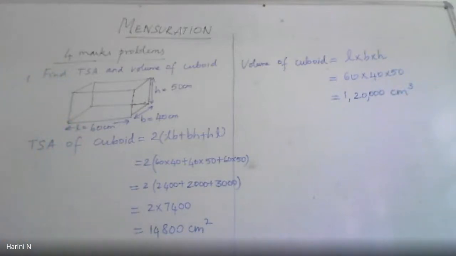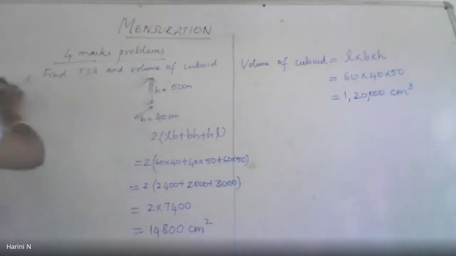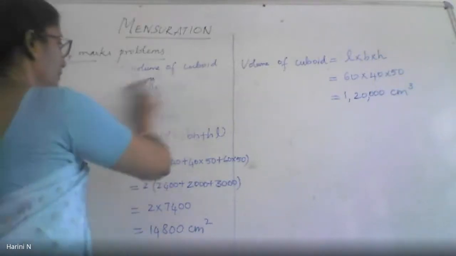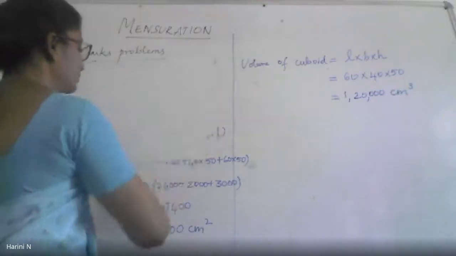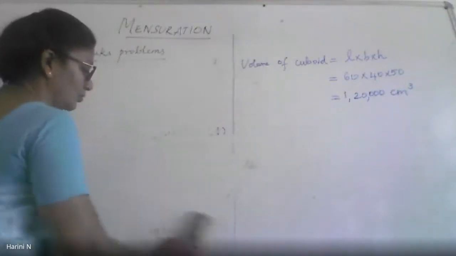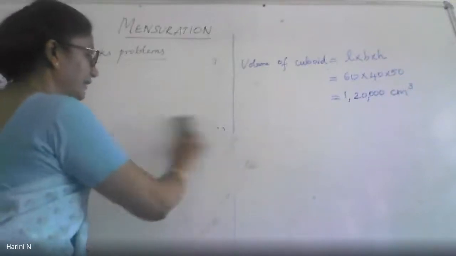Okay, the next one we will take up on a cylinder. It is given that a closed cylindrical tank of radius 7 and height 3 meters is made from a steel of metal. How much metal is required to make the cylinder? So the cylinder is to be made with a metal sheet. Now it is told that the cylinder is closed. So where all will the metal come in the cylinder?